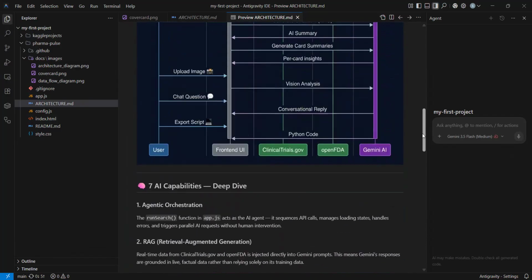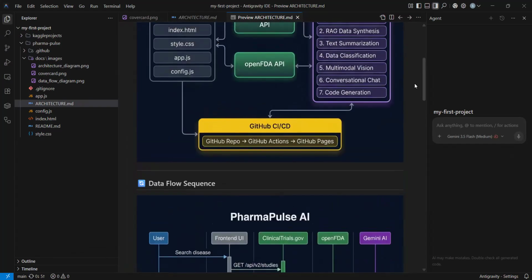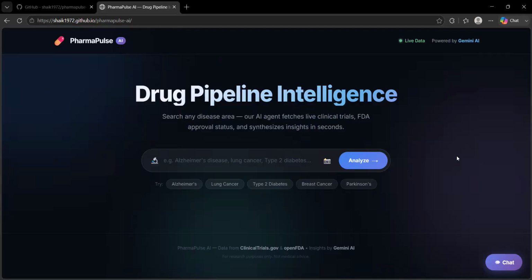Let's take a look at the core user interface, which features a premium glassmorphic dark mode design built completely with vanilla web technologies. When a user targets a condition right here in the search layer, the dashboard's agentic orchestration automatically initializes. It compiles parallel asynchronous requests to seamlessly bind information from